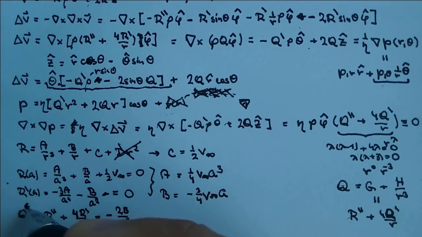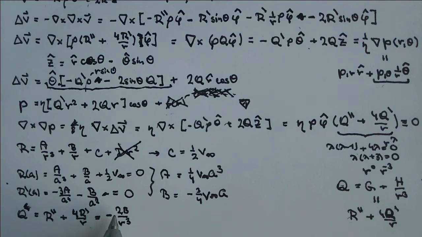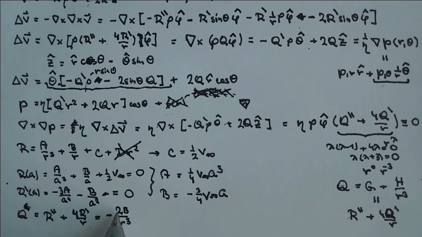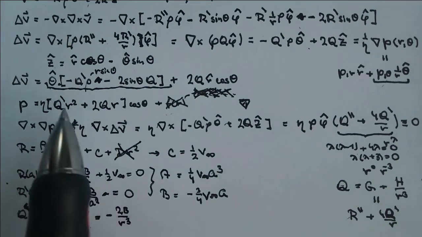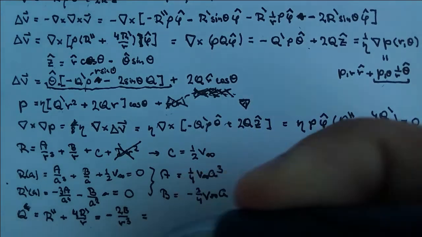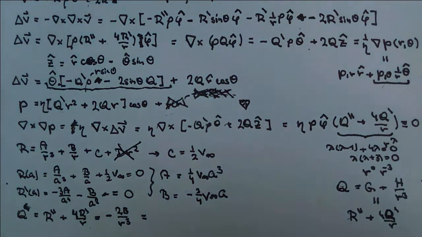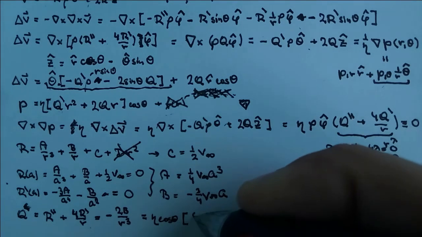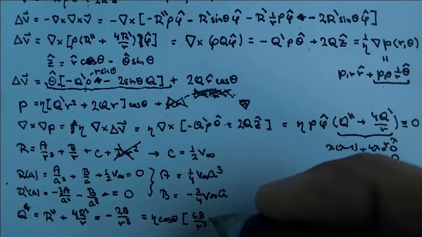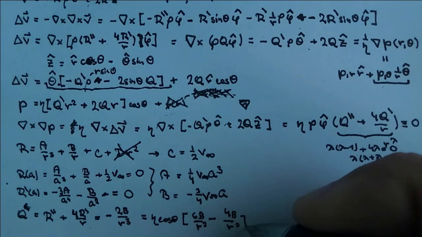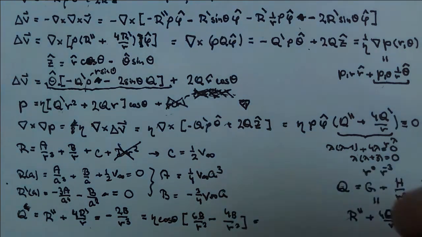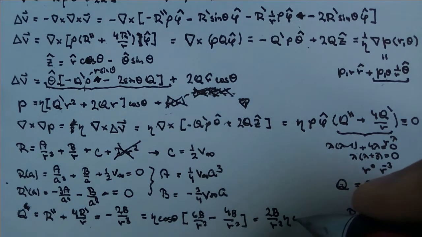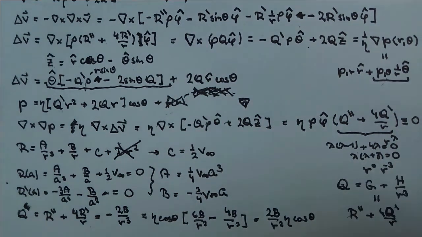Oh, I'm sorry. This is just q. Derivative of q is plus 6b. So this is plus 6b plus 2 times q, and this is minus 4. So it's going to be 2 times b times this. I will write this cosine term: 6b r squared minus 4b over r squared. That is 2b. That is 2b over r squared, eta dynamic viscosity cosine of theta, and this